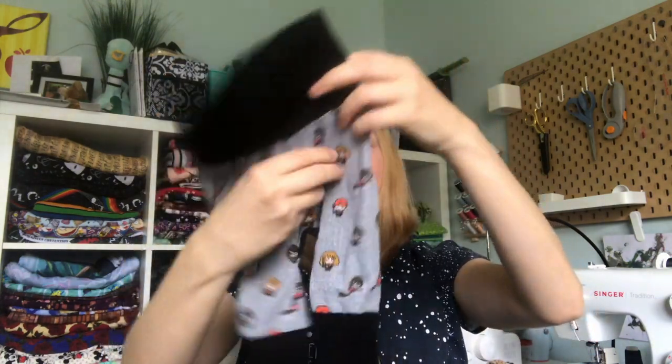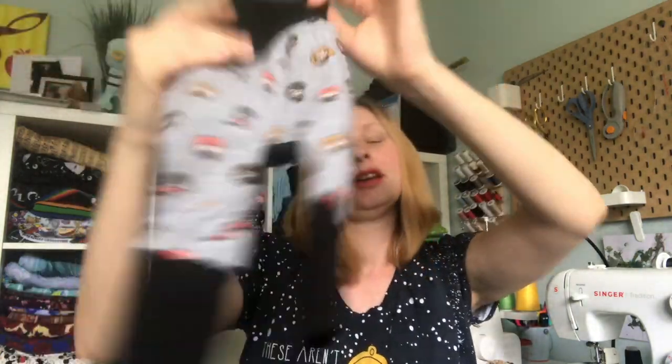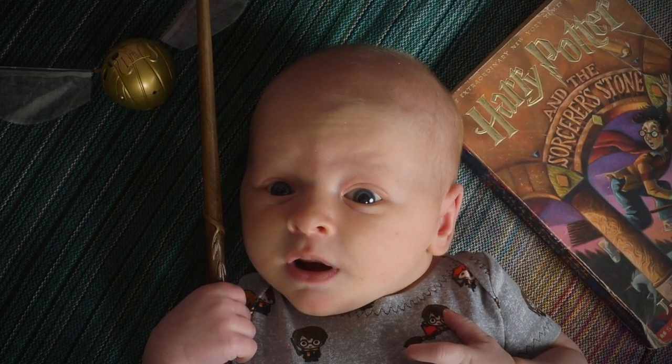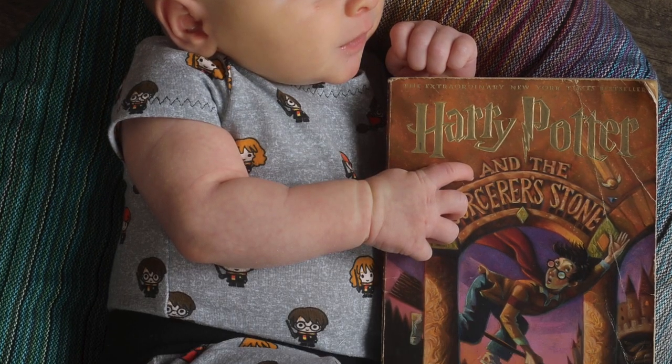And I really liked the new pattern more than the old pattern, so I was glad that I got it. And I have had this panel forever and a day. So I finally put it on a pair of pants. And this is the outfit that I used for his 1 month photo shoot. So if I am able to, I will put a picture of how adorable he is at his 1 month